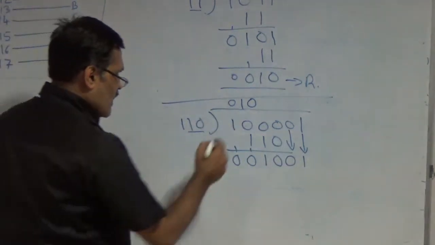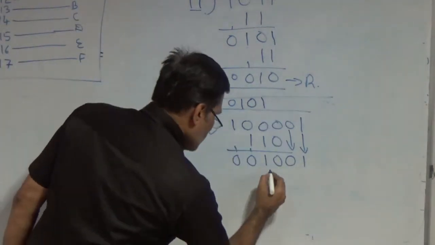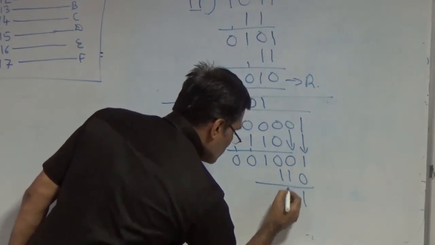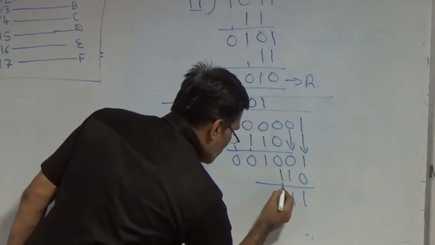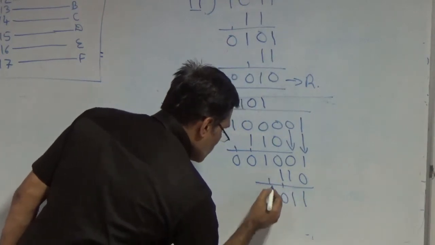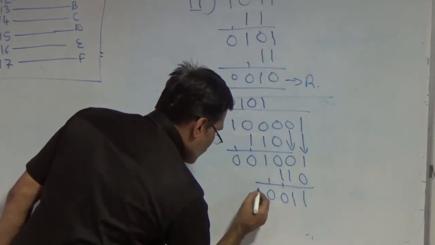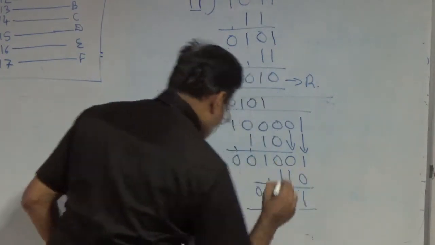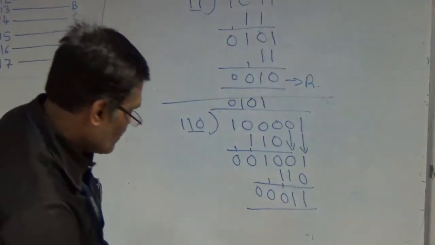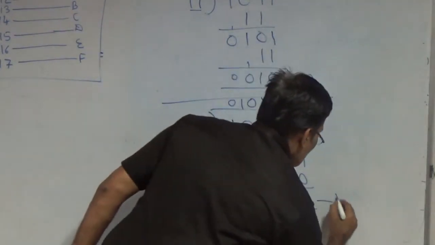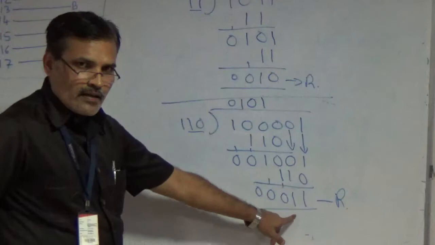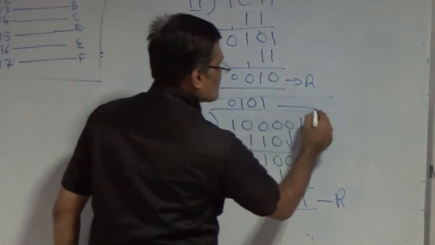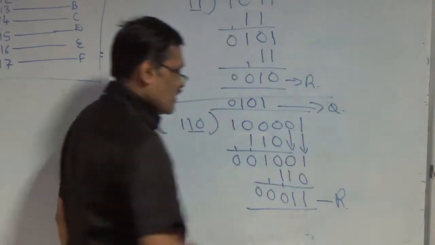Okay, so now I can divide. So again 1s are 1, 1, 0. 1, so this is 1, 2 minus 2 is 0, so this is 0, this is 0. Okay, so this is the remainder that is generated. So I cannot divide further here. Okay, so this is the last remainder that is generated. So this is the quotient that is generated.